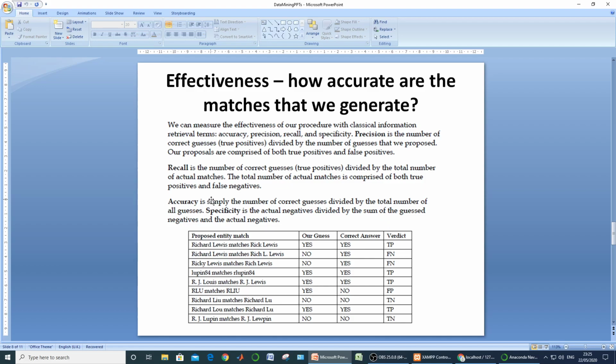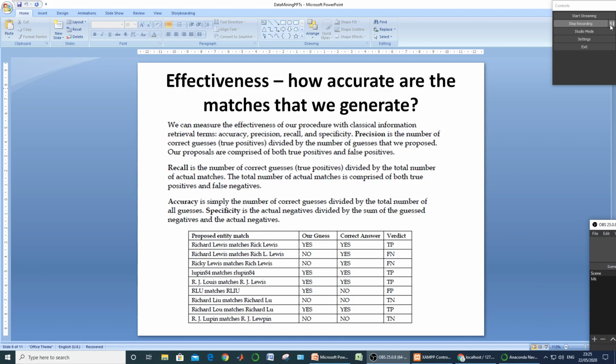And the next parameter is your accuracy. Accuracy is simply the number of correct guesses divided by the total number of all guesses. So we need to find the number of correct guesses and the total number of all guesses. Just look at these two columns.